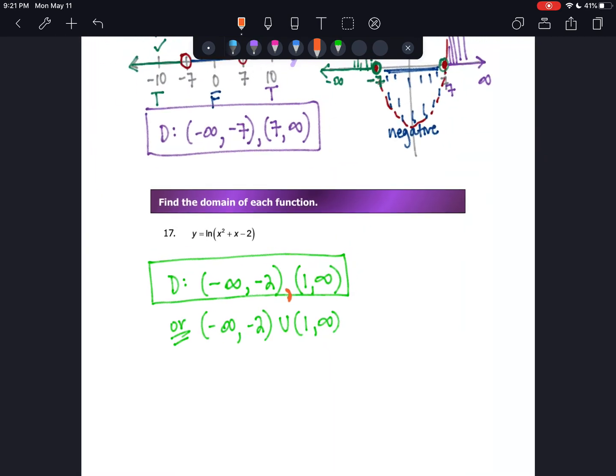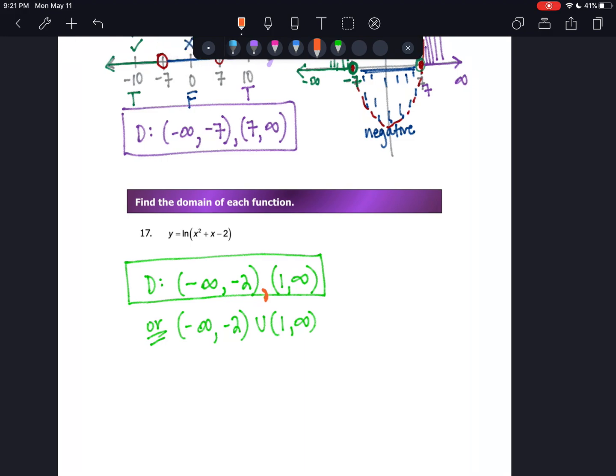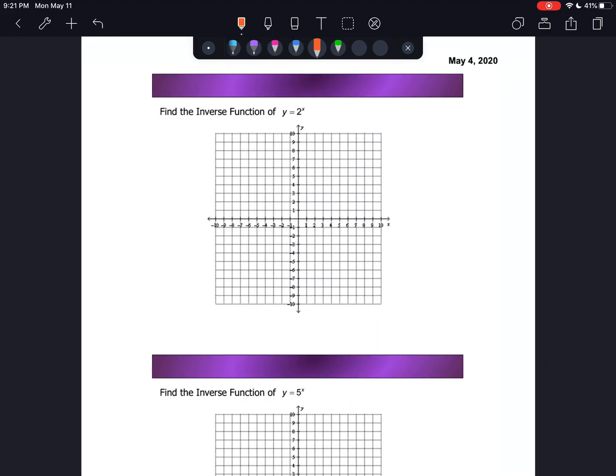Okay, now that we're comfortable with our domain, now that we're comfortable knowing what values we can put into our function, we're going to start graphing them. We're going to discuss their relationship, the relationship of the logarithmic function to the